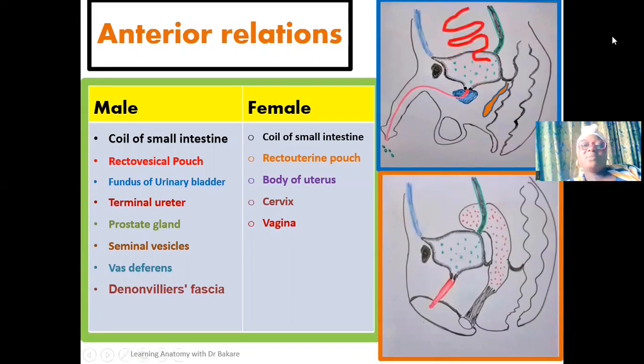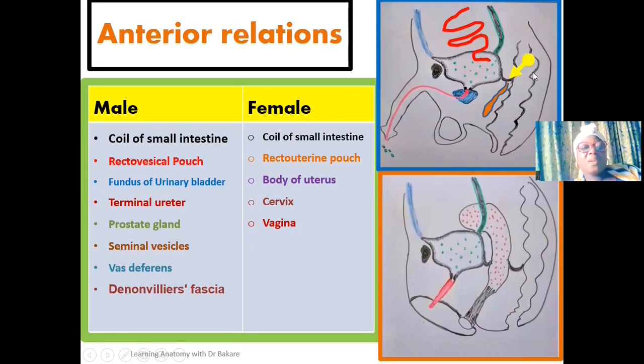This is the coil of the small intestine here highlighted in red, and you see it as an anterior relation of the rectum. This is the rectum located here. We also have the rectovesical pouch. This is the rectovesical pouch. We already established this pouch in our previous slide as an anterior reflection of peritoneum connecting the rectum to the